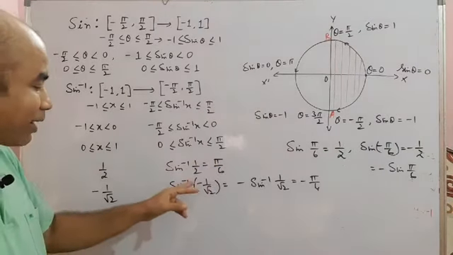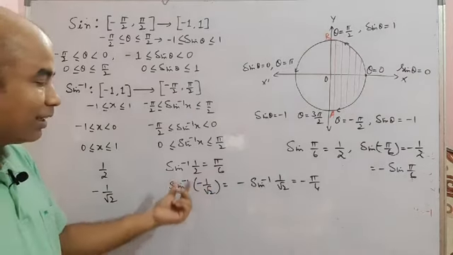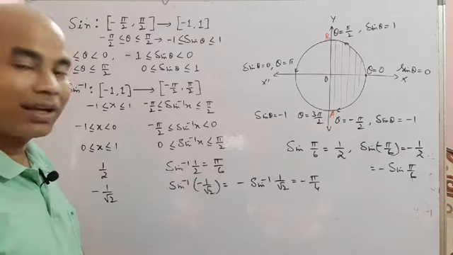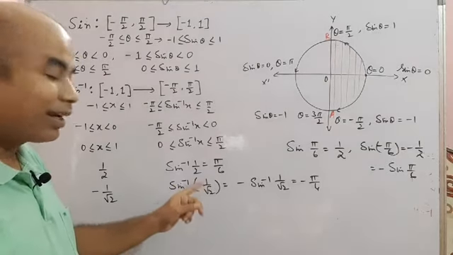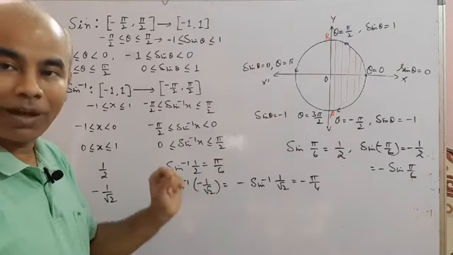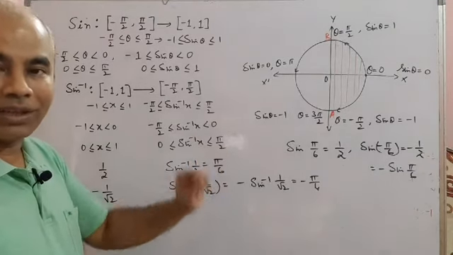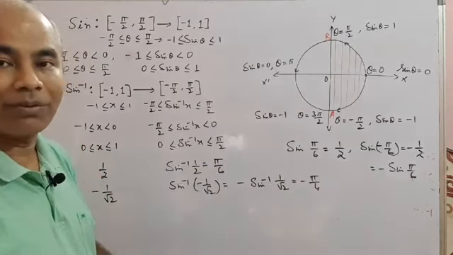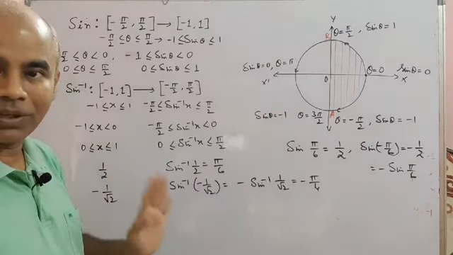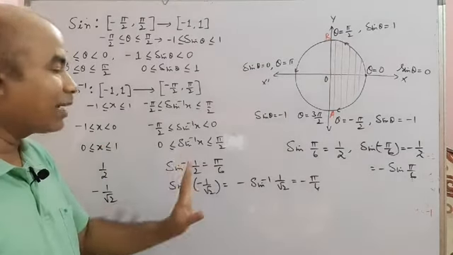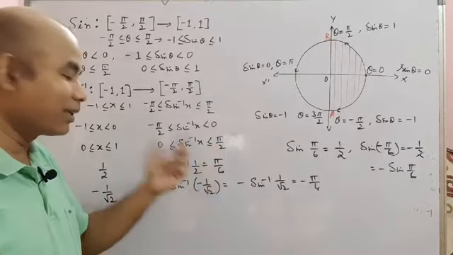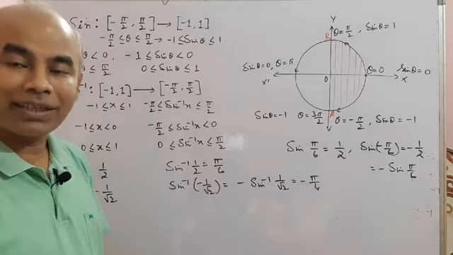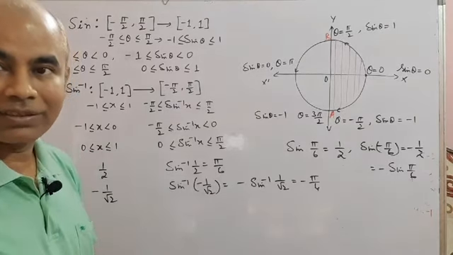Or sin inverse of minus 1 by root 2, what is the principal value of this? Its meaning is that you have to find the angle theta, sin of which is minus 1 by root 2. As you know, minus 1 by root 2 is minus of sin pi by 4, and minus of sin theta is sin of minus theta, so sin of minus pi by 4. That's why this angle is minus pi by 4, which is the principal value. Okay, principal value is clear. That means you have to find the angle sin of which is equal to this one. And in case of principal value, sin inverse of minus x is minus of sin inverse of x.